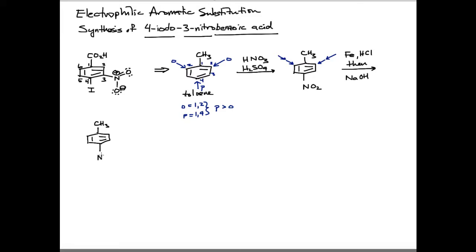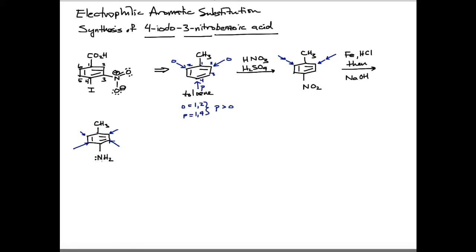So the amino group is NH2. The nitrogen has a lone pair of electrons. And now if we consider the 2 groups, we know that the methyl group is still going to direct ortho to itself. The amino group is going to direct ortho to itself, but it's a stronger